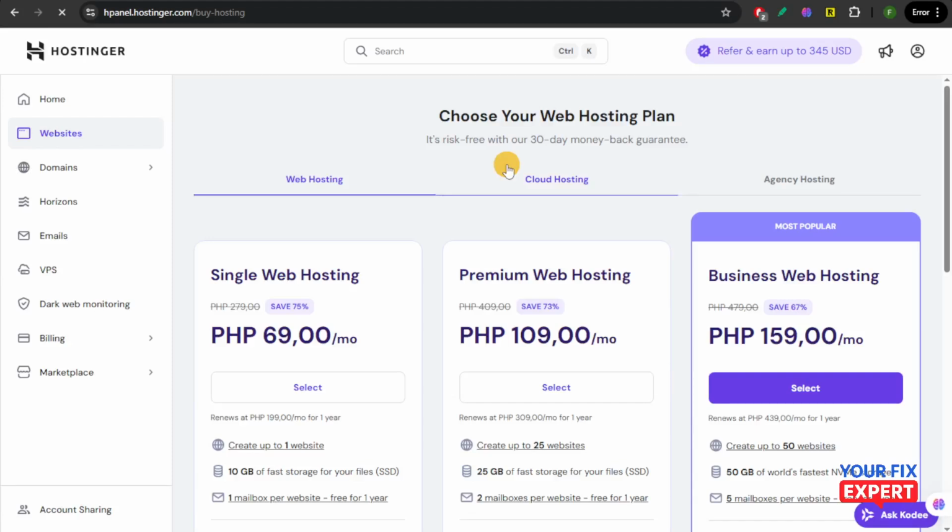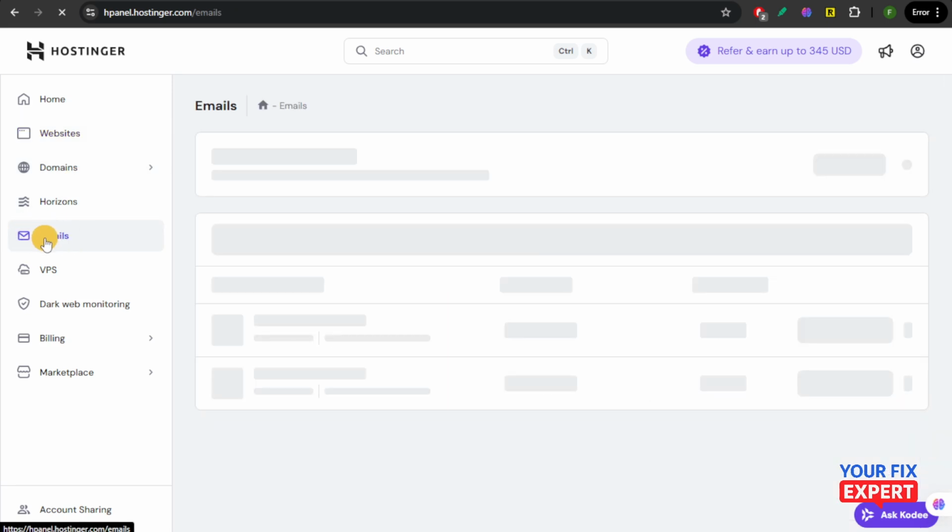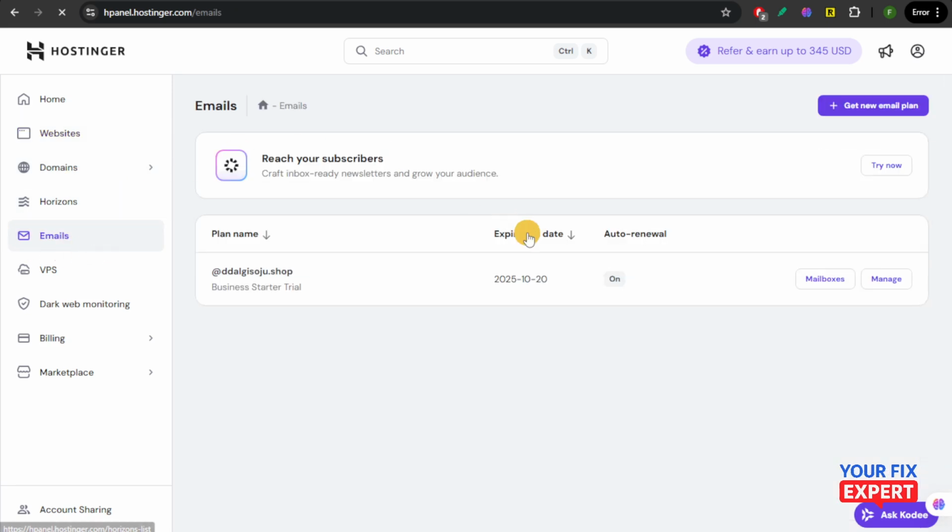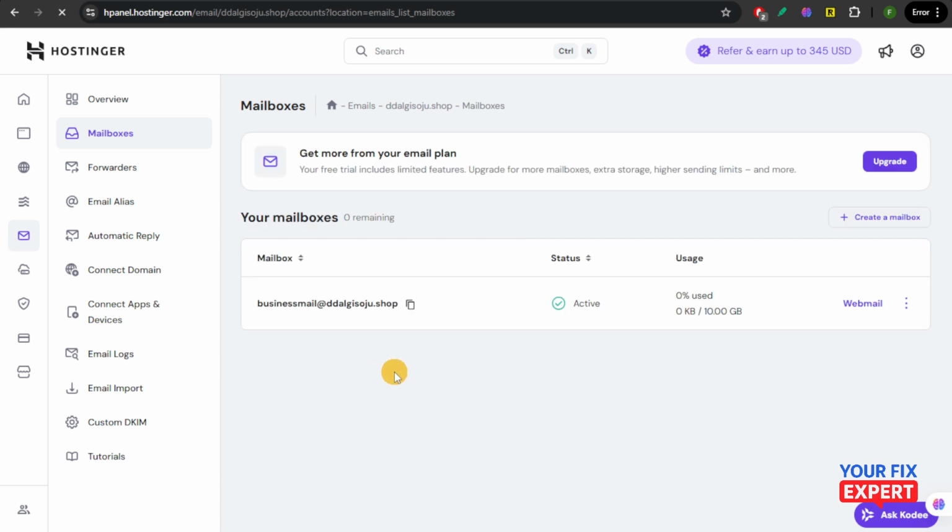This is how you're going to create automatic email reply in Hostinger. So first thing is you're going to log into hPanel, and then you're going to head over to emails right here from the left side of your screen. And then from the email section, you're going to click on mailboxes for you to be able to open your